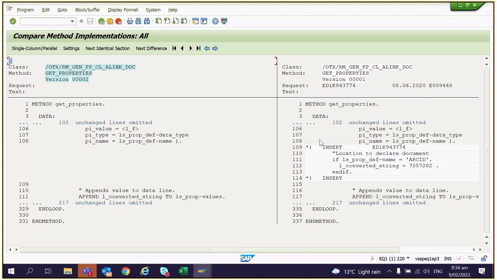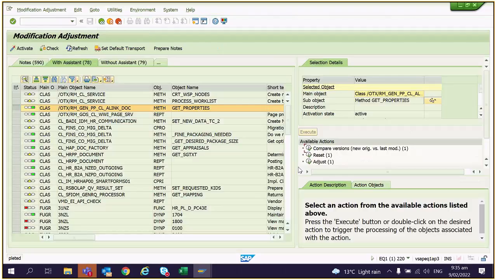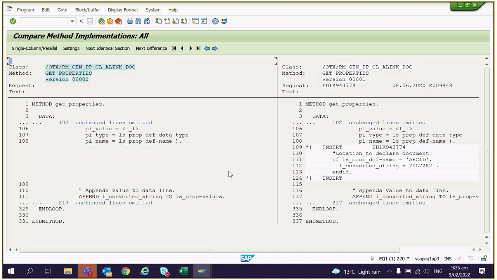You can see that it is a custom change, right? This is a custom username. So this is added prior to the upgrade. So we have to make sure that this part is also present here. So what you will do again is you will go back, click on adjust, and once you click on adjust, a similar kind of screen will open, but it will